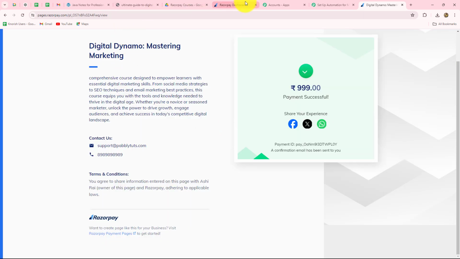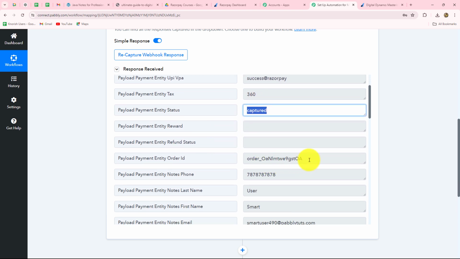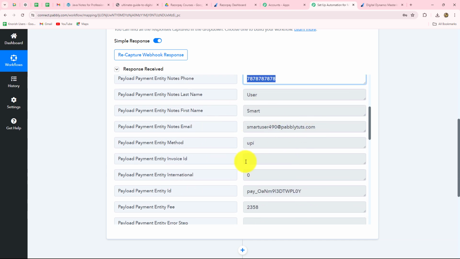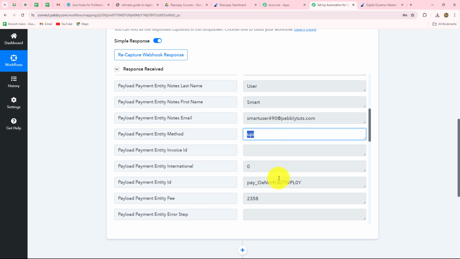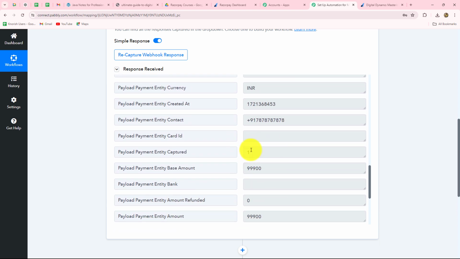So now when we go back to Pabbly Connect, we can see that we have already received the response. In this response, we have received all the details related to the payment. This is the entity payment method, that is the UPI ID. Here we have received the status of the payment, that is captured. This is the order ID. Here we have received the phone number of the customer, first name, last name, email address, and the method through which he has made the payment. Entity ID, entity fee, and when we scroll down, you can see